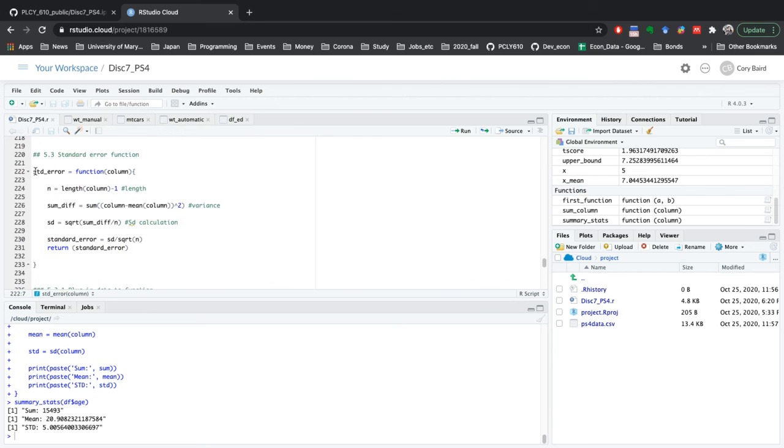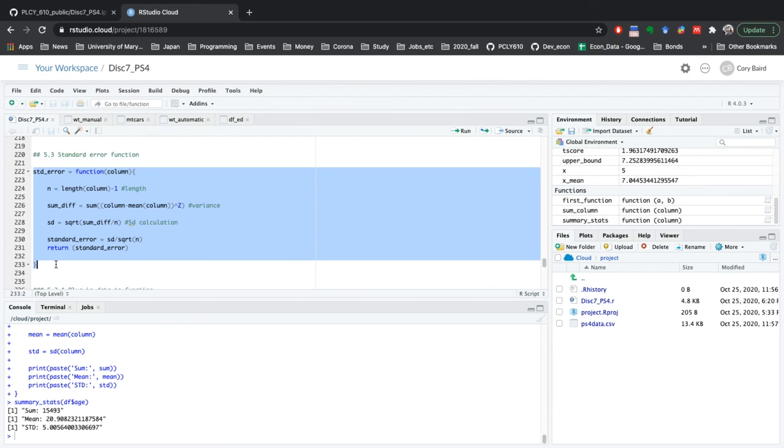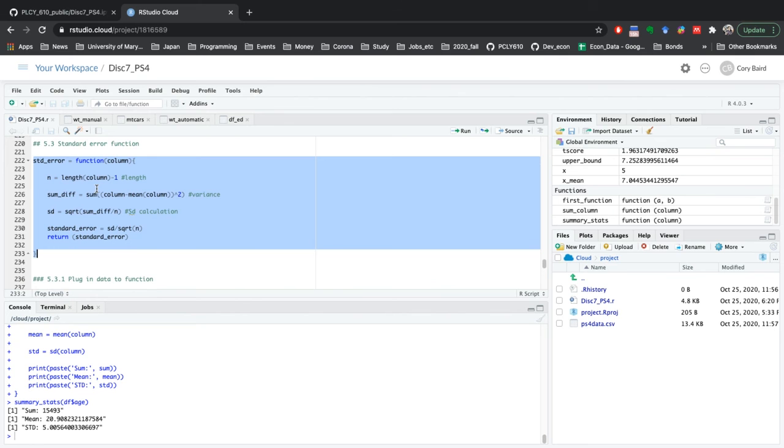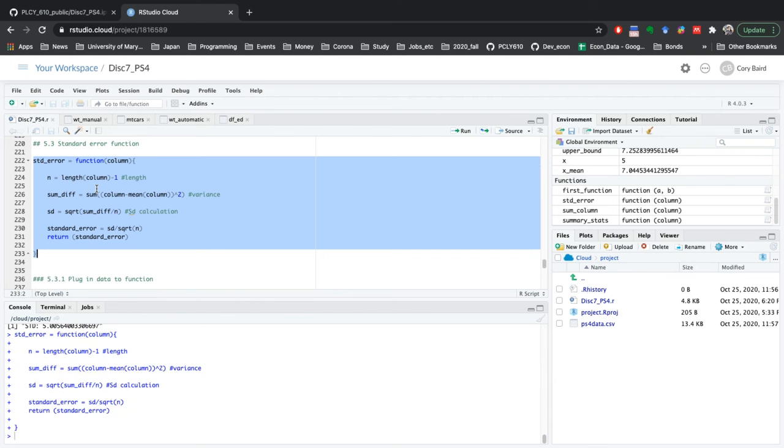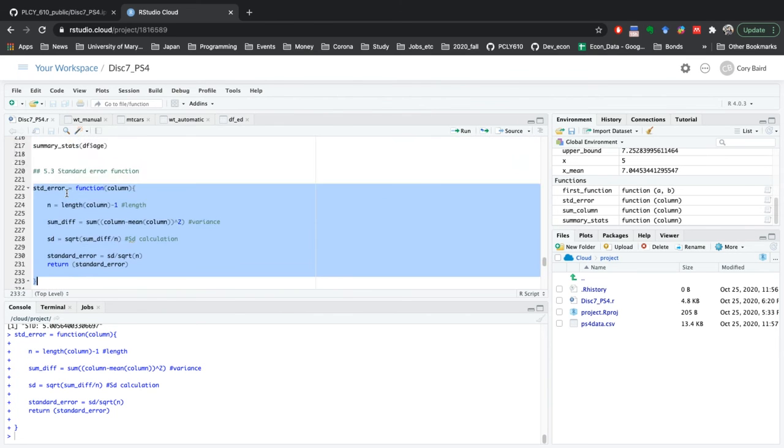So this standard error function has the n, the sum of the differential, the standard deviation, the standard error. It's exactly in the format that I showed you above, but just in a function this time, rather than typing it in one by one. So I will use the standard error function by running this whole entire portion of code,